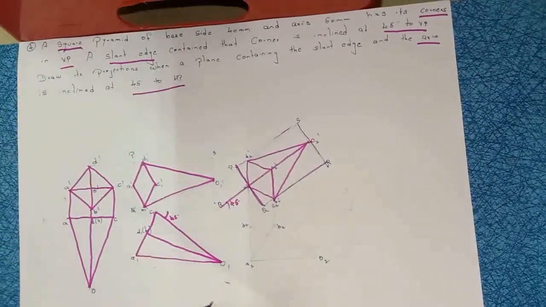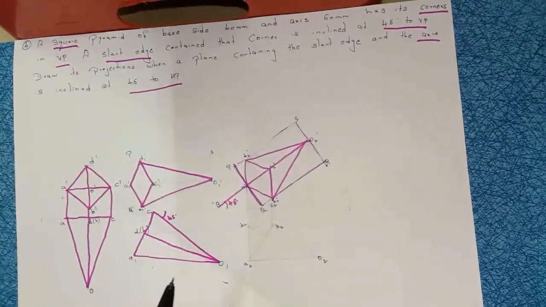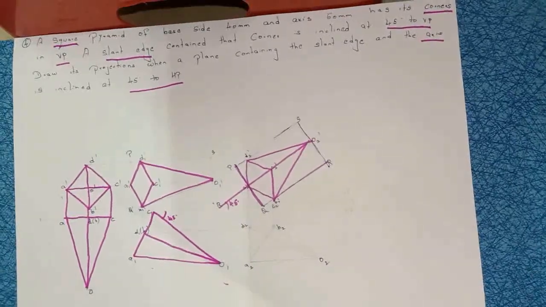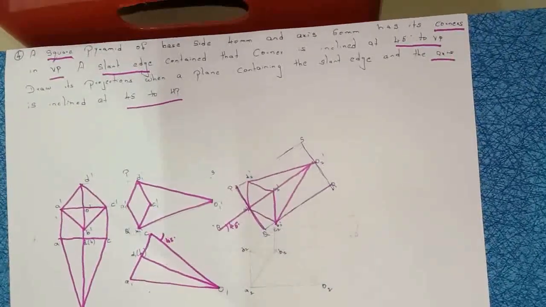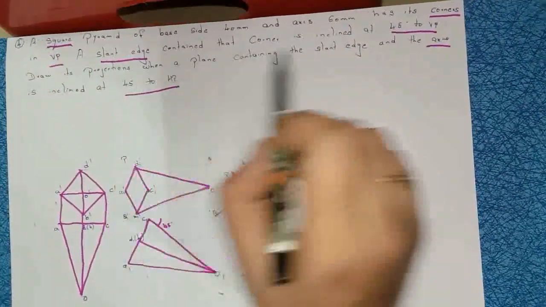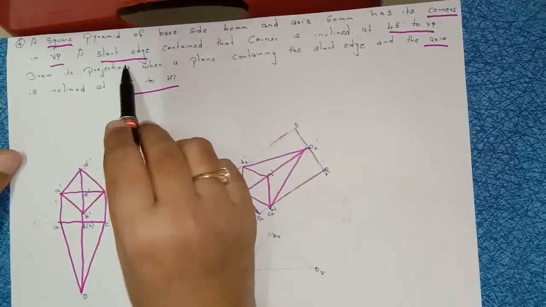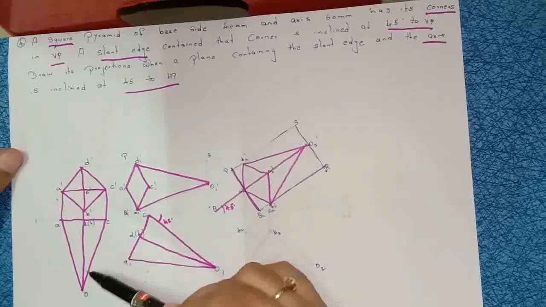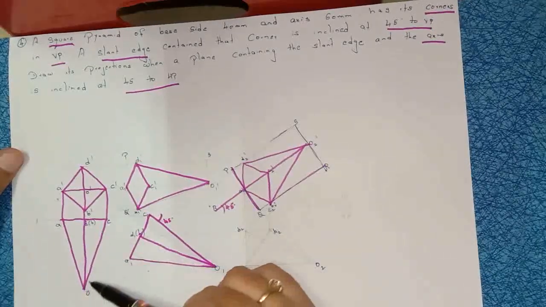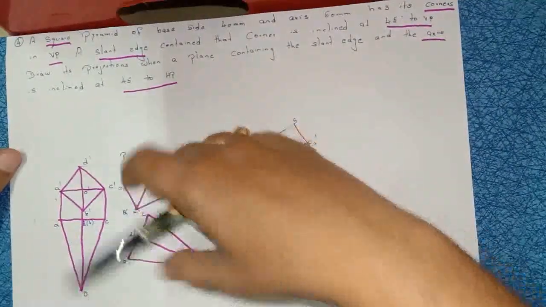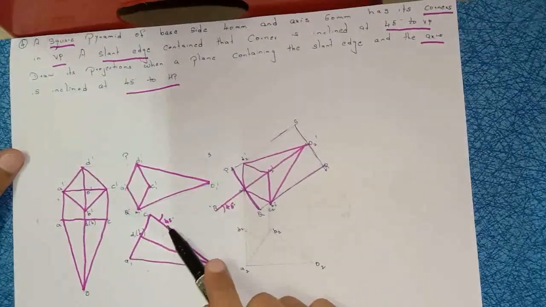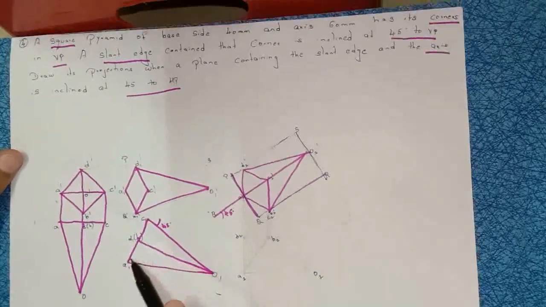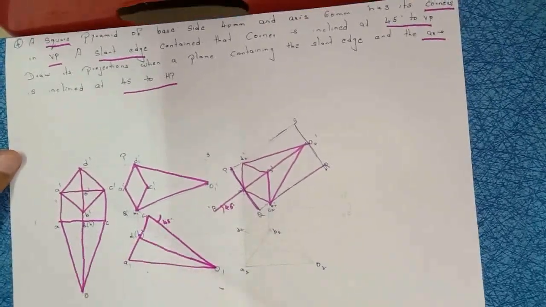Once again I am telling you, in all the previous problems, for the second position they mentioned that the axis is inclined. But in this question, they mentioned that the slant edge is inclined at 45 degrees. So they clearly mentioned slant edge. OC is a slant edge, OA is a slant edge. Take any one of the slant edges. I am taking OC. Measure this length, draw here with an angle of 45 degrees. After drawing this OC line, keep your protractor on it. From this point, mark 90 degrees. Measure this CA and draw here.